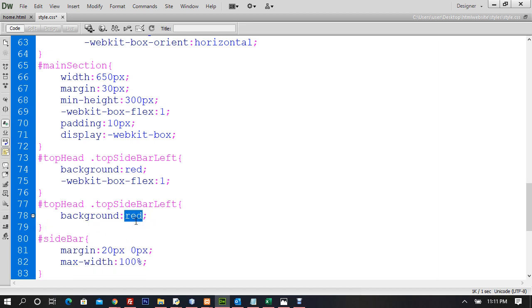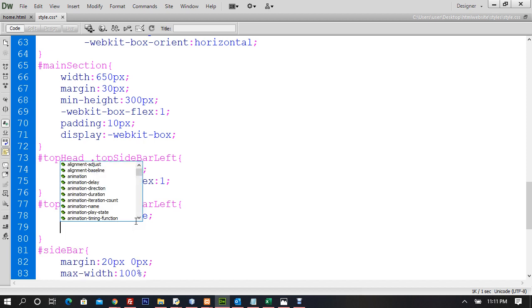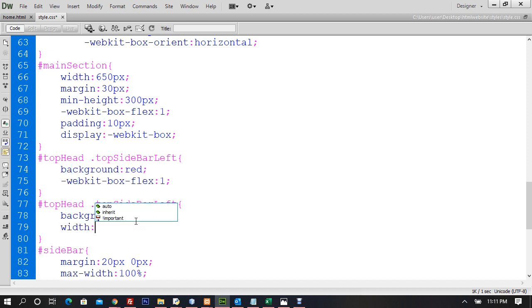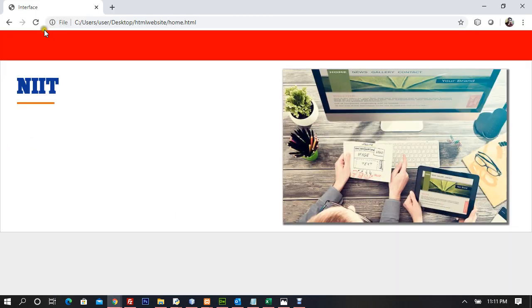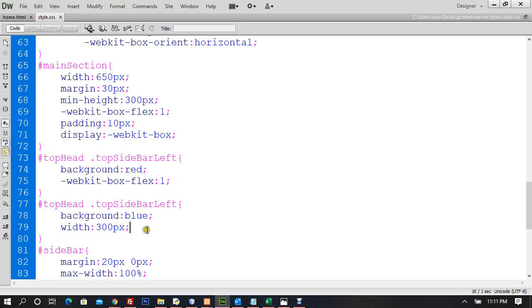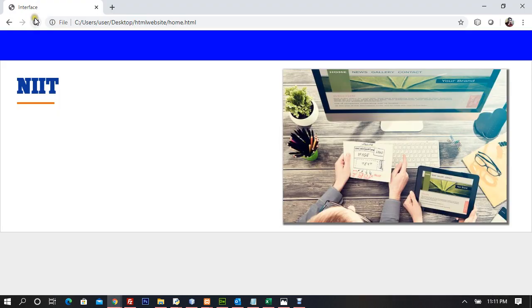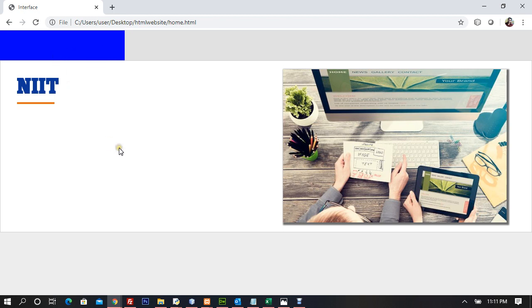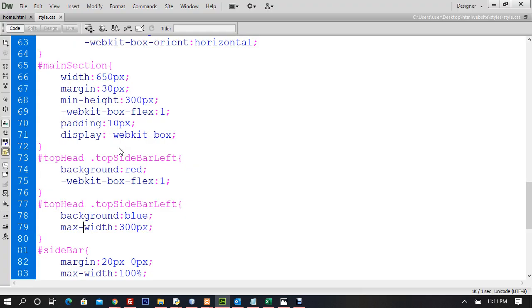It is going to be blue. So it is going to have a width of 300 pixels. So it is not flexible. Now you can see blue is there and blue is not flexible. So I'll use maximum width 300 pixels. Now you can see blue has used maximum width 300 pixels. Alright, and if I say